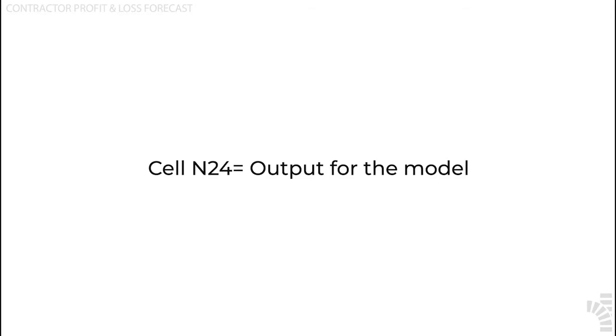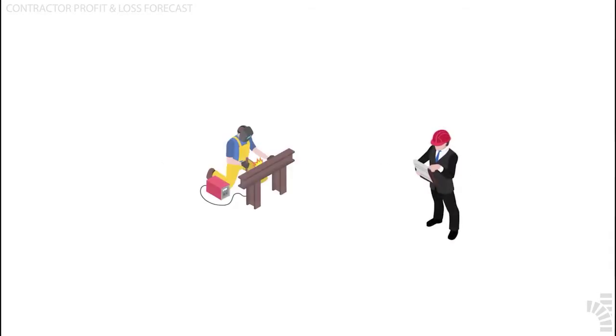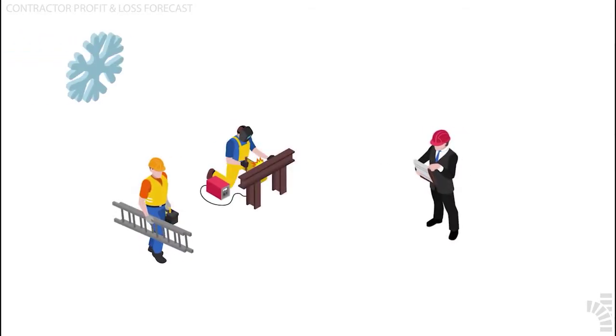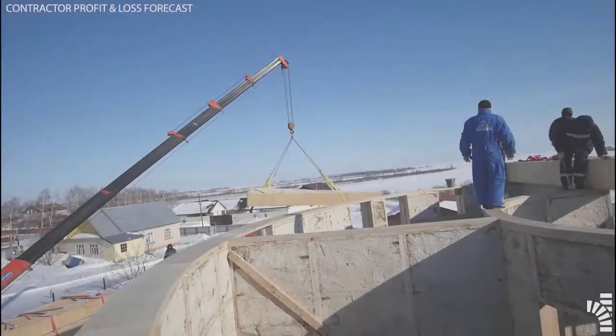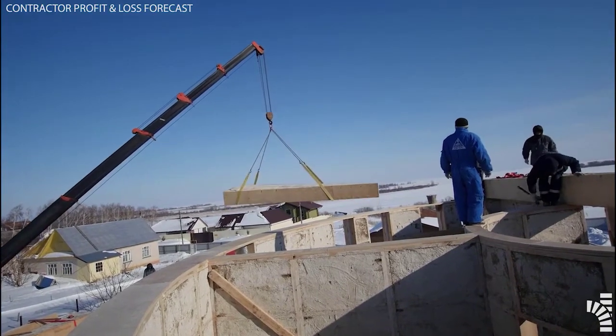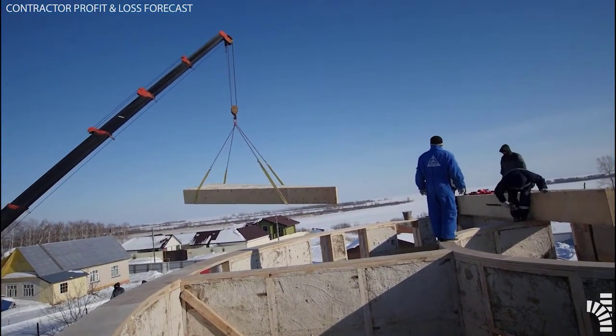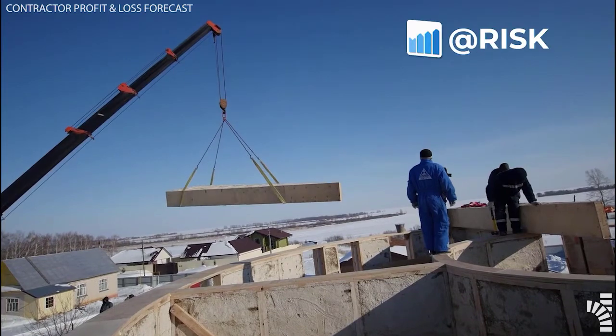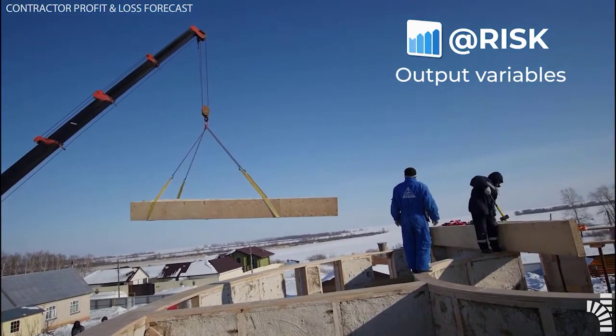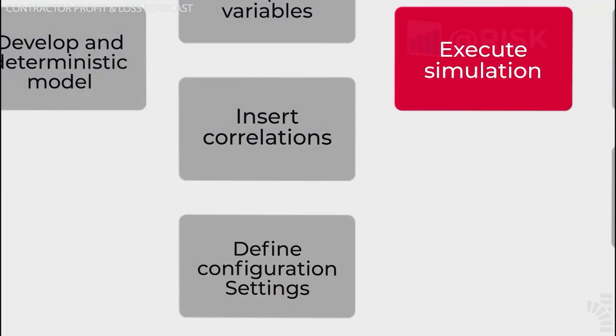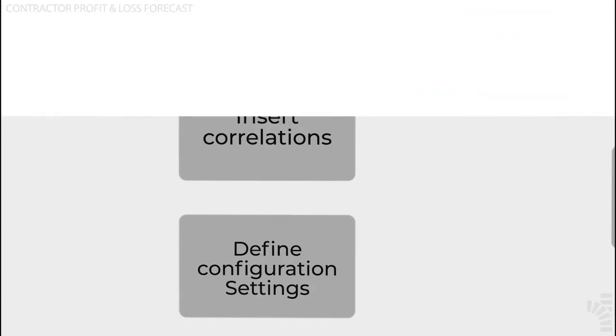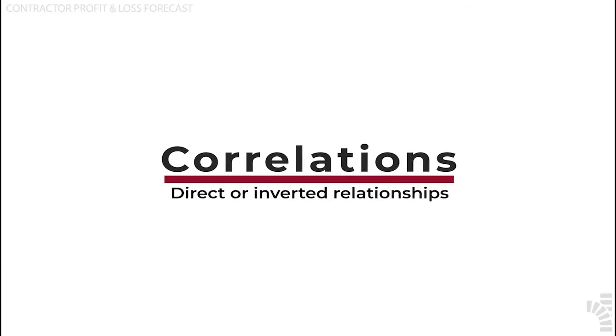Any other cell in the model could also be declared as an output. For example, Joe might be interested in analyzing the probability of not breaking even on winter months. In order to make such calculations after the eventual simulation is executed, you need to previously declare those profit cells as @RISK output variables. Number 4, if input variables have strong direct or inverted relationships to each other, it is important to include this optional yet dramatically relevant element in your model: